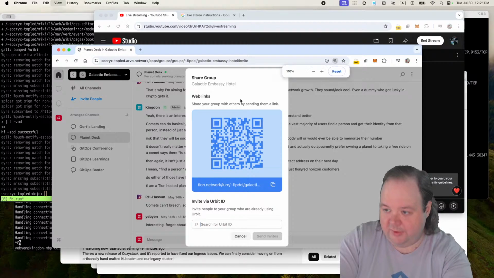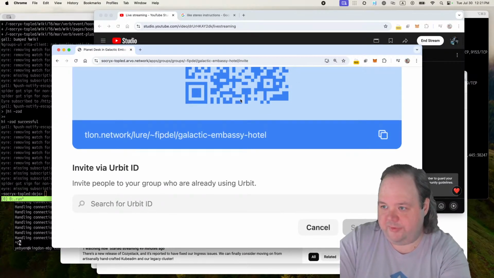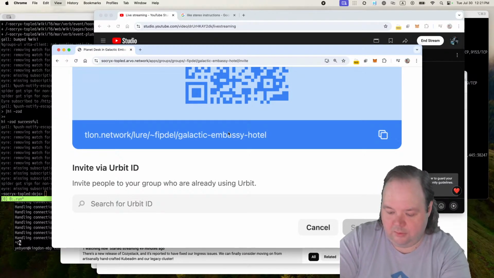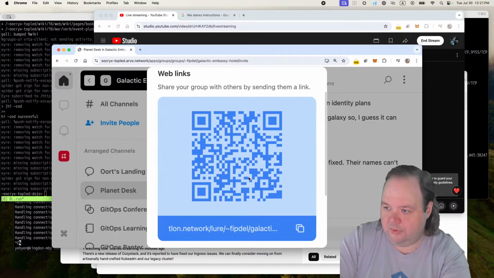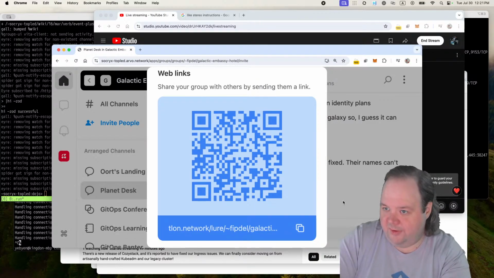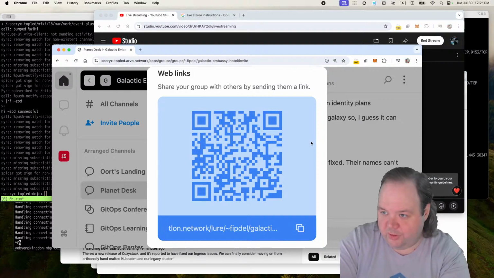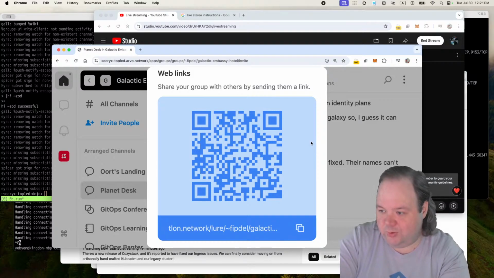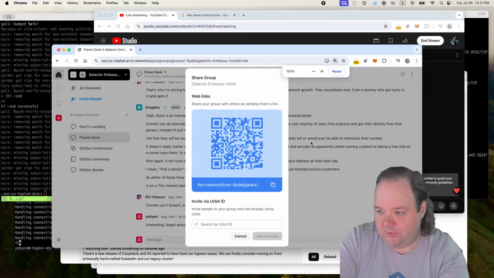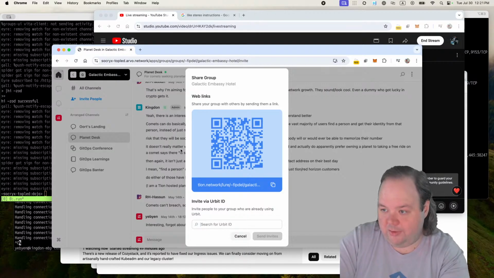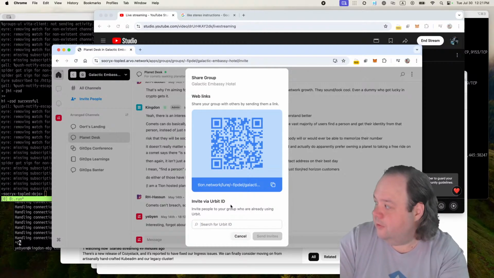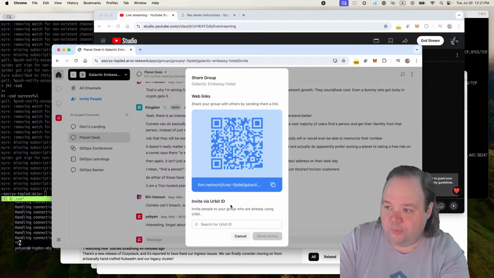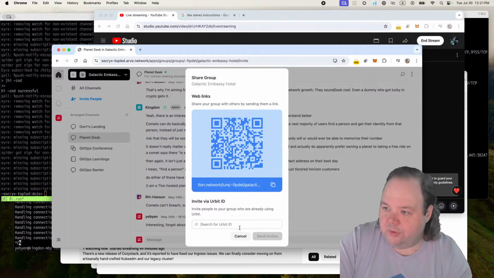I'm going to zoom in on that in case anyone really wants to scan it. Oops, how do I do that? There you go. Go ahead and scan me. Scan me and join me in our wonderful Web3 community. You don't need any crypto. You don't need to handle crypto. You don't need to own any crypto. You don't need to spend any money. Just come and join us. It's a free service for now, and it's always open source. You can always take it with you. I really enjoy Urbit, but